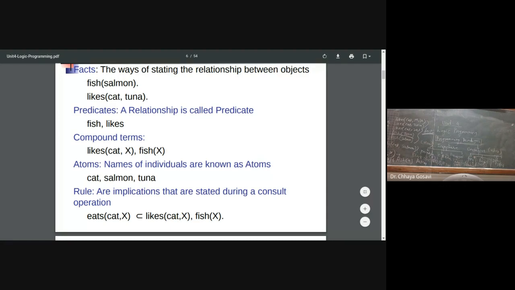We are going to check whether cat eats salmon. This is a rule, sorry. Eats cat X implies likes cat X and fish X. This is a rule, and this is a query. We have to find out whether cat eats salmon or whether the cat eats tuna. Now the answer is no. Okay, the answer is yes, salmon is fish, so the answer is true.